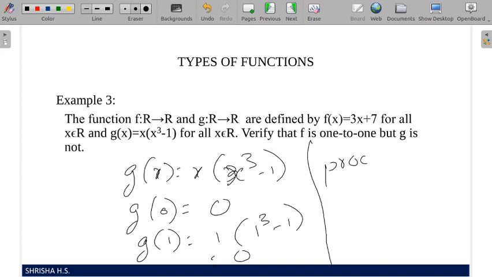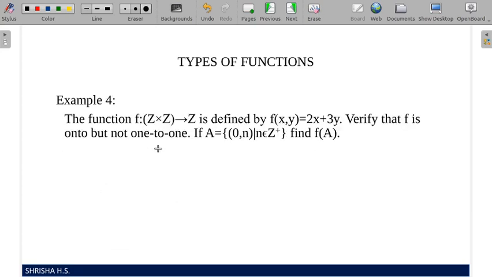Okay, so the methods of proofs we had learned, right? So this is proof by counter example. This shows that what we have learnt in our previous classes is useful.